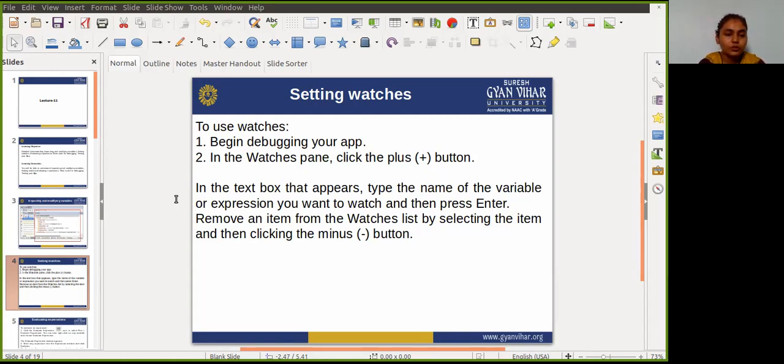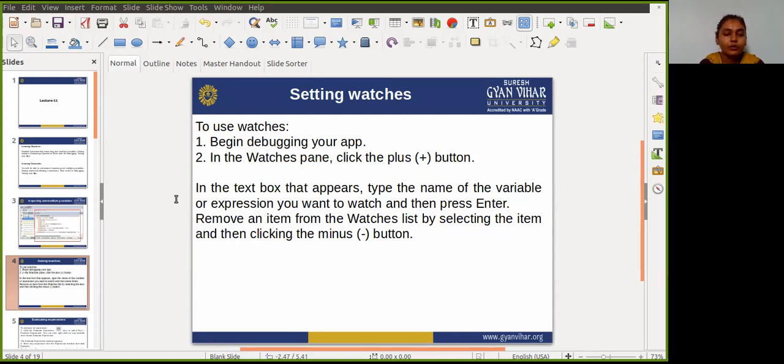To use watches, first begin debugging your app, and in the watches pane, just click the plus button. Also, in the text box that appears, just type the name of the variable or expression that you want to watch, and then press enter.